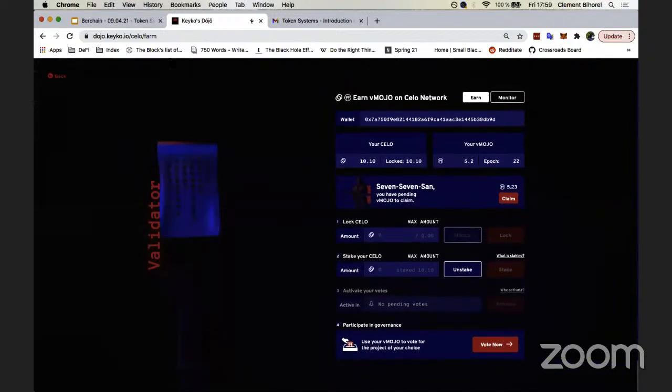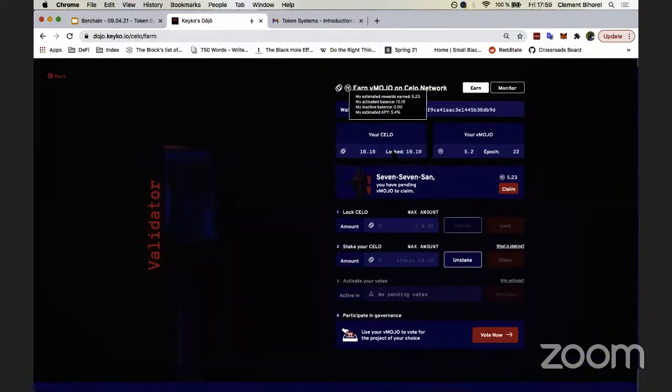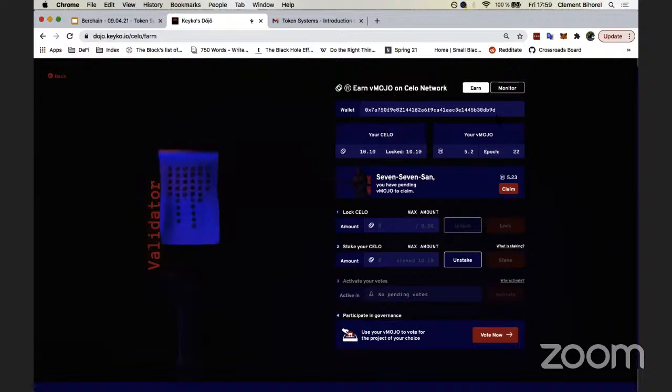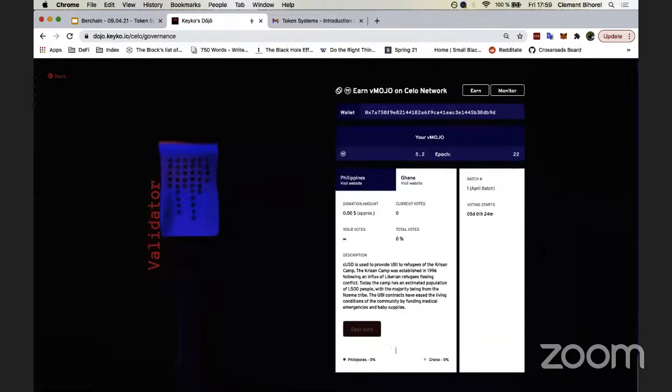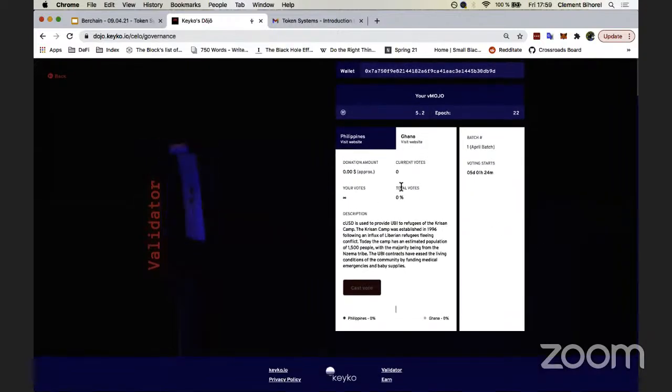I suggest that if you own some Celo, you visit the dojo.kiko.io/cello/farm website. And from this interface, you can delegate to our validator. You can earn a standard APY better than a traditional bank account, with 5.4% on your asset. And on top of that, you will be farming a token called Vmojo that lets you vote on proposals for